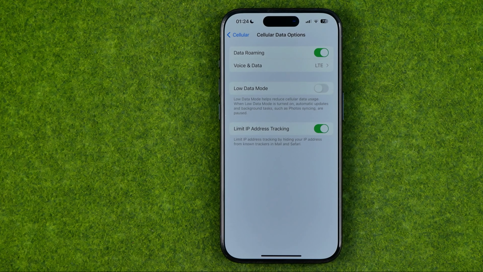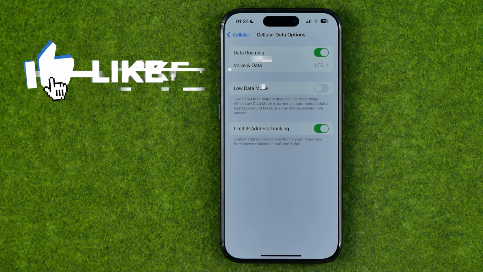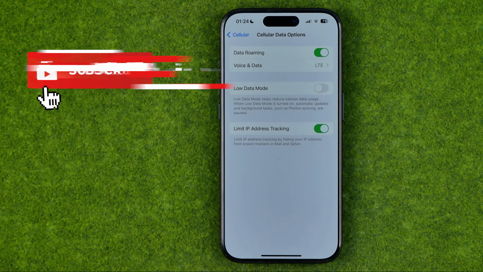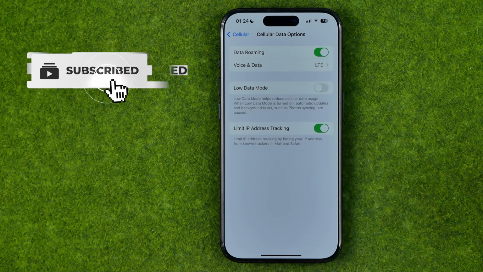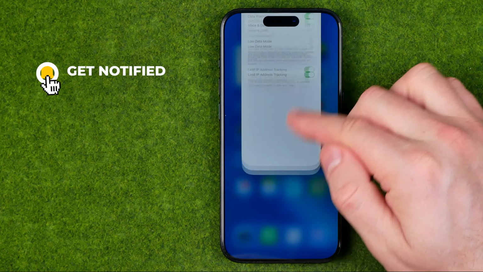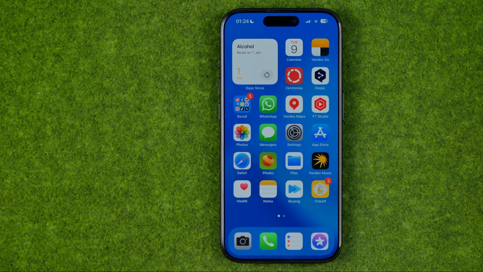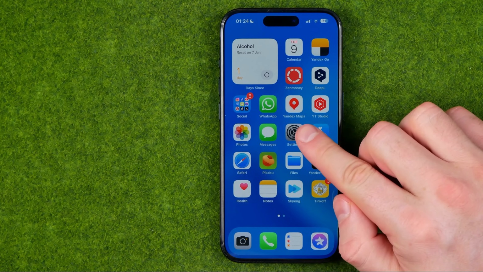In this video, I'm going to show you how you can easily turn on or off cellular data roaming on an iPhone. Be sure to watch the video to the very end so you don't make any mistakes. Let's get started, guys. I'm going to show you the whole process from the beginning, and first off we need to